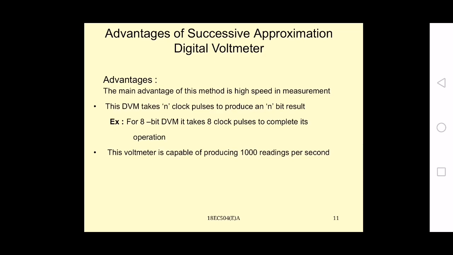If you go for an 8 bit DVM, it takes 8 clock pulses to complete the operation, and this voltmeter is capable of producing 1000 readings per second. That is the main advantage of this successive approximation type